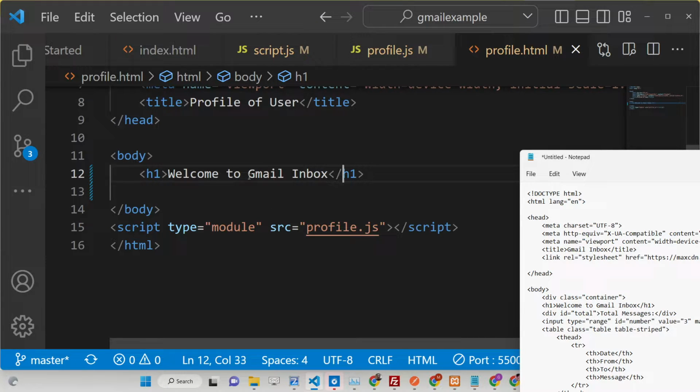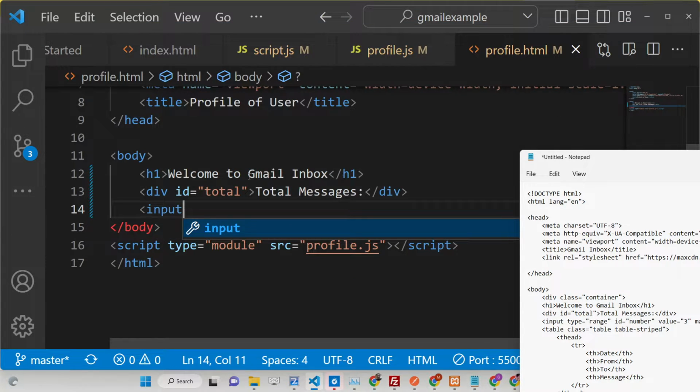So here, guys, we will have a simple div tag. Here we will show the total messages which will be displayed. So this will be total messages like this. After this, guys, we will have a simple range element slider where the user can slide for the